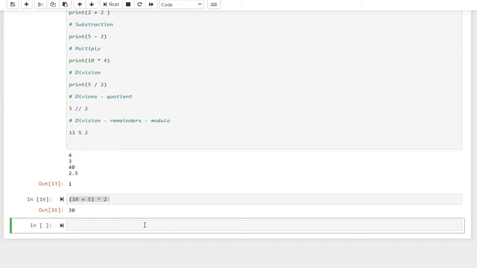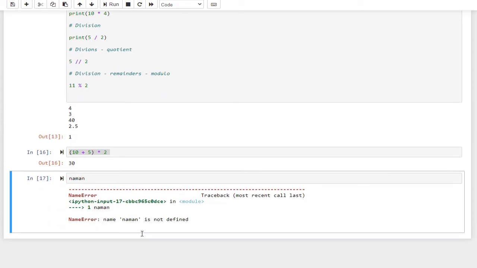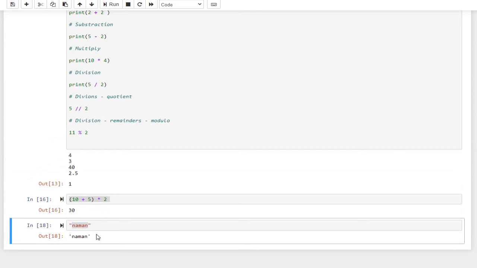Okay, so you can see my screen. Now in Python, if you want to print a string, this is like an IPython console. So if I write here simply numan, sorry for typing, you can see numan is not defined, because this should be enclosed in double quotes. So you can see this is numan. So these are strings in Python.